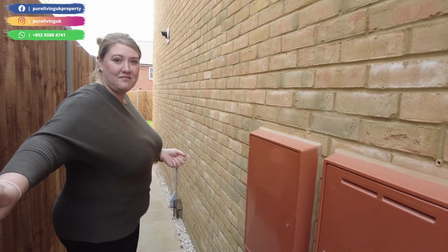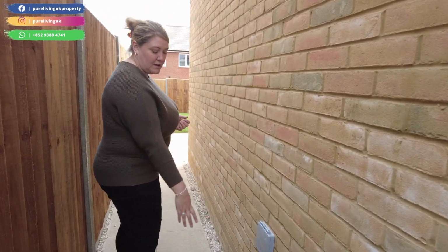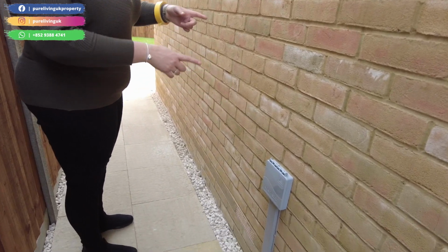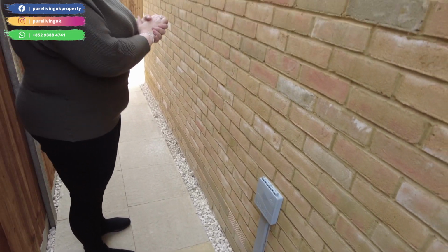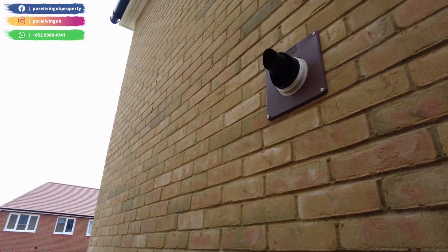Yep. Alright. Right. This is BT Openreach, so this is just where the main infrastructure comes into the property, as mentioned, and it goes through to the cupboard that we showed you in the utility. You've got your boiler flue,